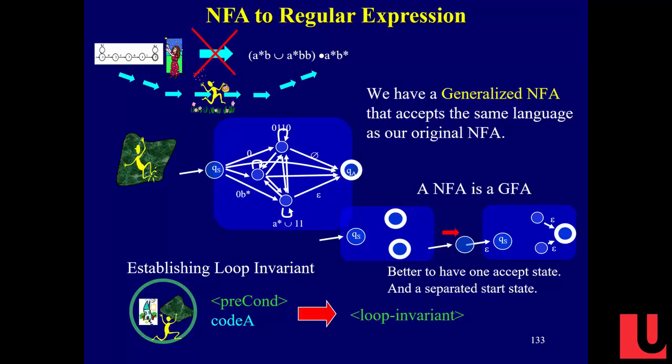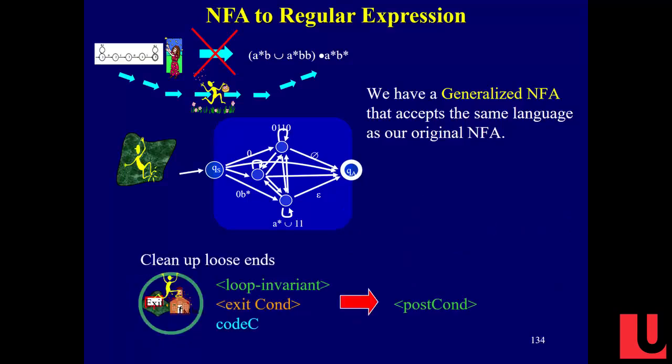This start state may have a lot of things looping around it, and we don't like that. So we're going to have a new start state that has an epsilon transition to it. Now we have a nice clean handle on the start and the end with the mess in the middle, so it's really clear where we're starting and where we're stopping. All right? So that's how we're going to start building our generalized